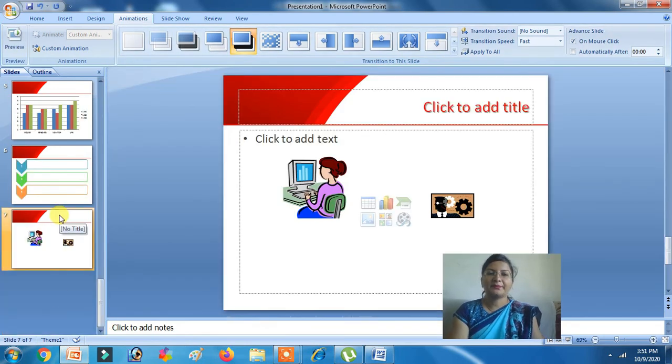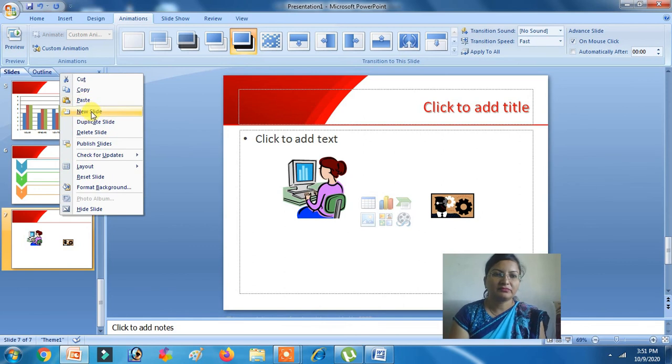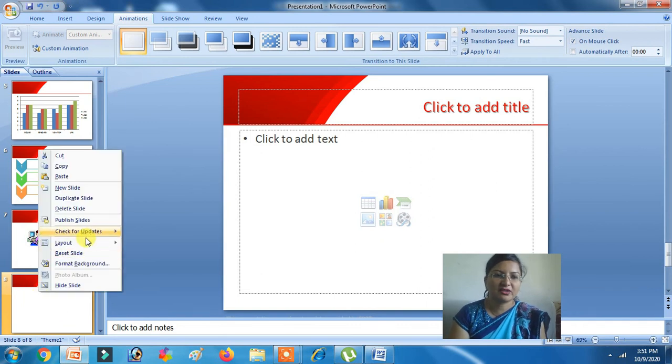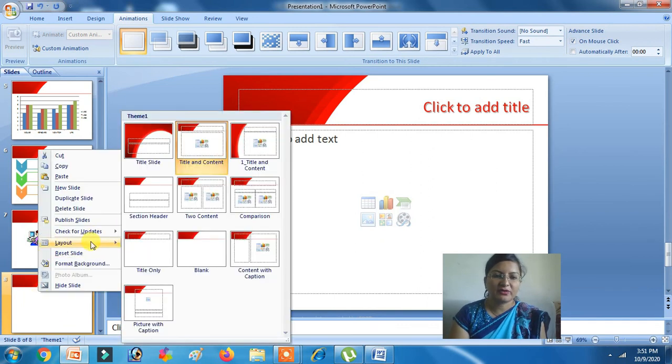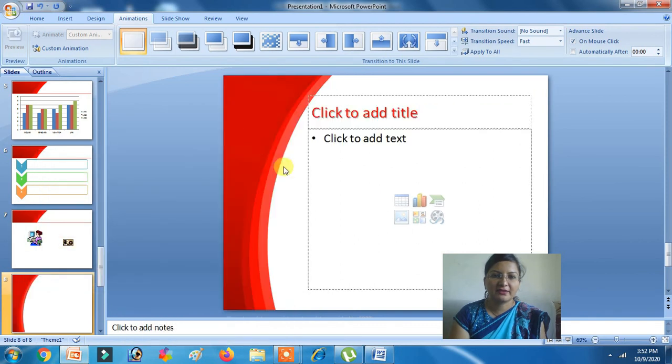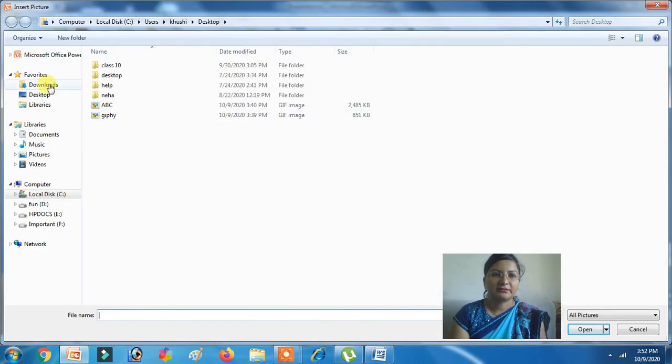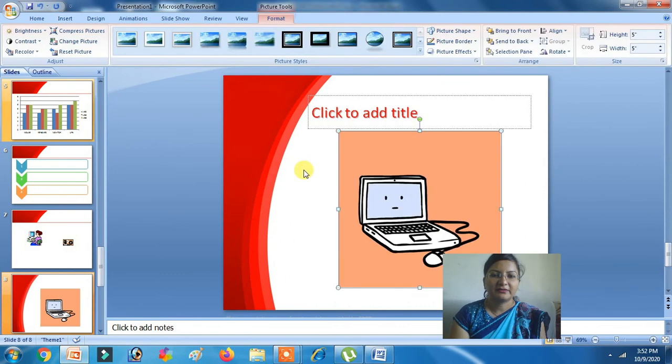And so on. So new slide, one more picture I will insert, the last one. If you have to change the layout also, you can change from here. See, the layout option is there. Whatever you want in the last you can choose, like this one in the last. Okay, and here in the last, if you want to insert a picture, you insert picture. On the desktop one more file is there, Giphy. We will take Giphy. Okay, this is an animated image.